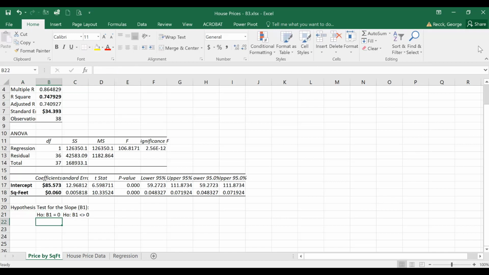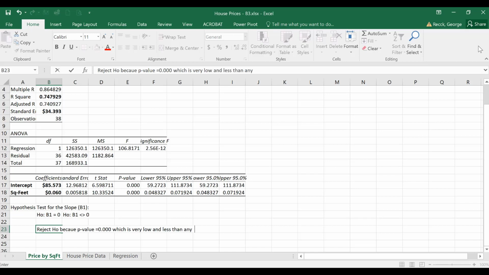So I'll provide a little conclusion here. We reject H0 because the p-value equals 0.000, which is very low and less than any alpha we would use. Therefore,